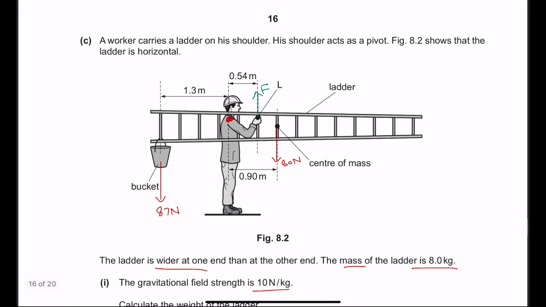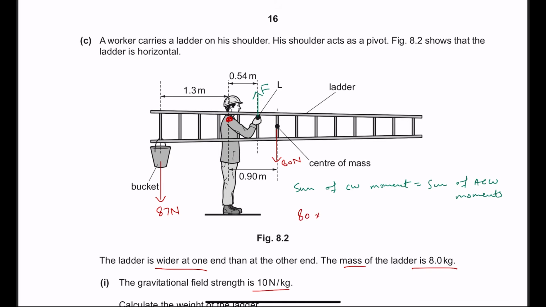So what we are going to do now is do the entire calculation by using the principle of moments. Since we know that the ladder is balanced, we can apply the principle of moments to this ladder. So how would you do that? First, let's take up all the clockwise moments. The principle of moments is pretty straightforward. Sum of clockwise moments must be equal to sum of anti-clockwise moments. Now the clockwise moments that we are dealing with is because of the weight, the 80 Newton force,